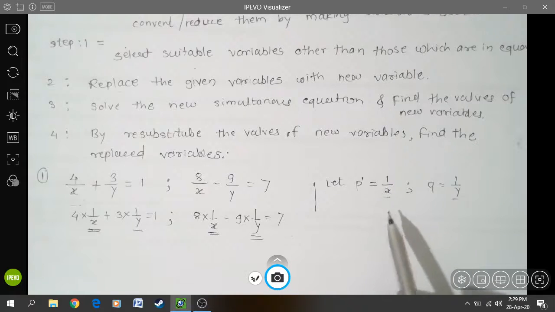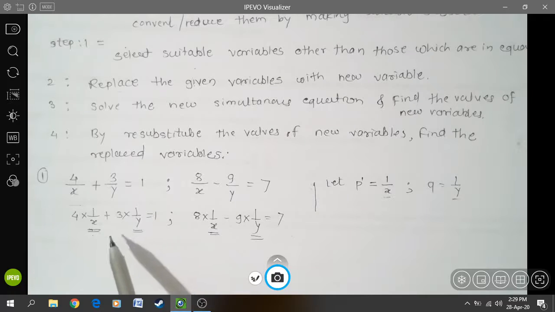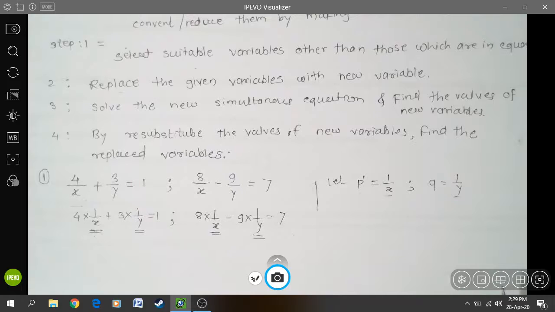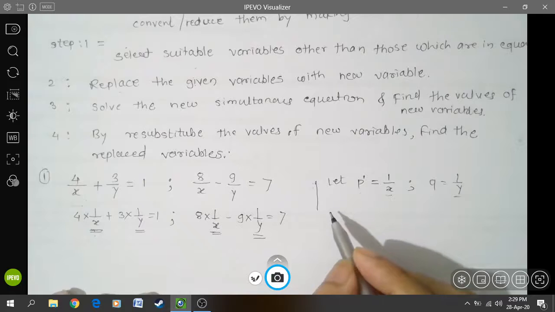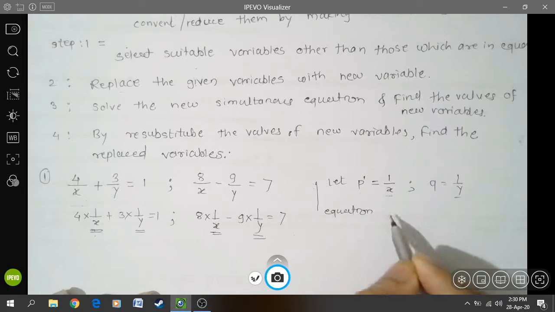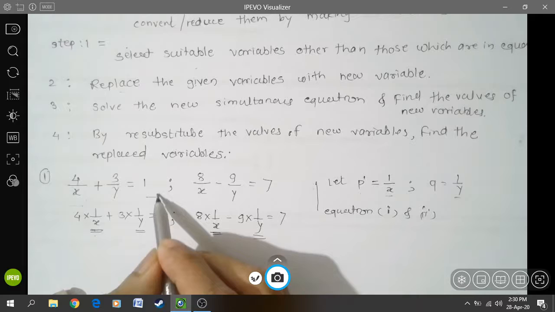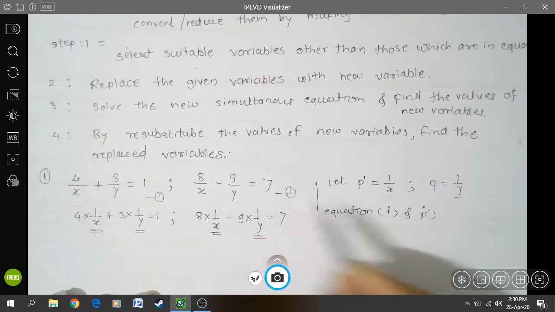But how are we going to do it? Watch the similar part in both the equations. 1 by x is common in both, 1 by y is common in both. So we are replacing them with our new variables p and q. Replacing means you have to change them in the equation. If we change them in the equation, how do the equations turn? So equations 1 and 2 now become,